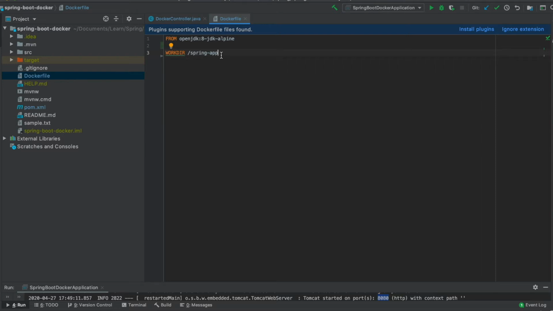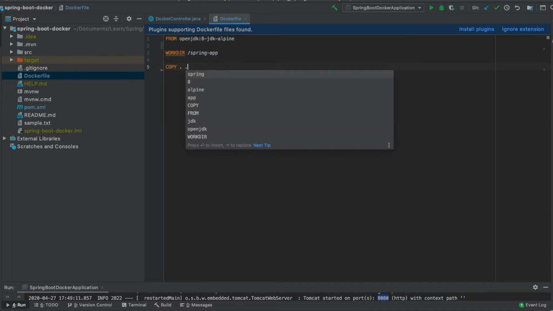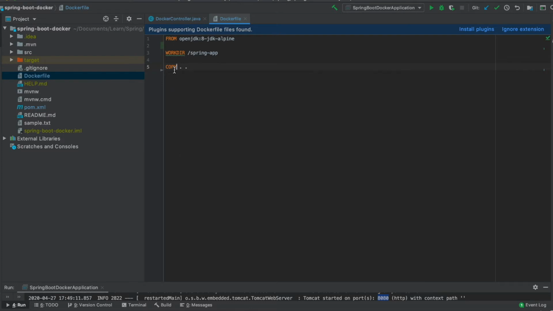Whatever application code will be present inside this Docker image will be present inside the working directory, spring-app, which we just created. Now we'll copy the content into this container. The COPY command is used to copy something from your local file system to the Docker container file system. The first dot is to copy everything in this directory to the spring-app folder which we just created inside the Docker container.